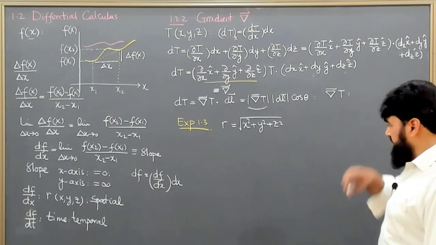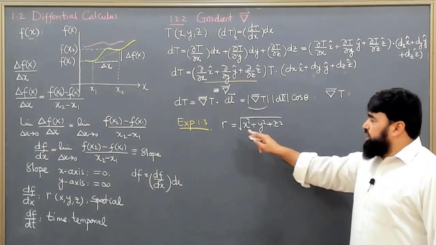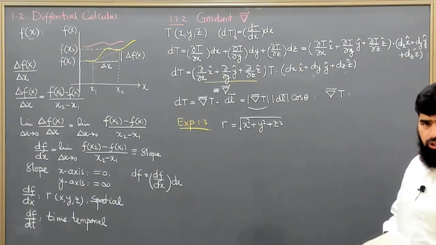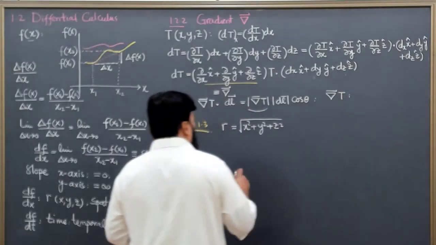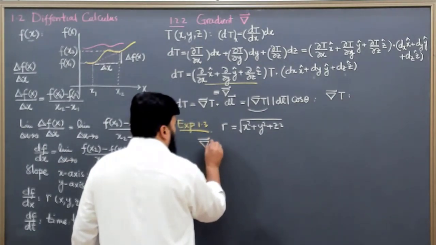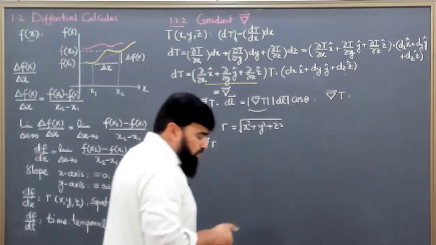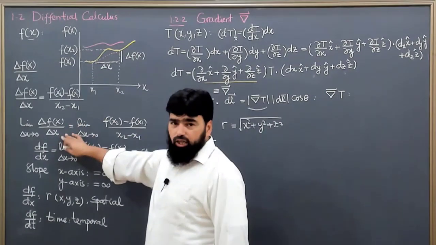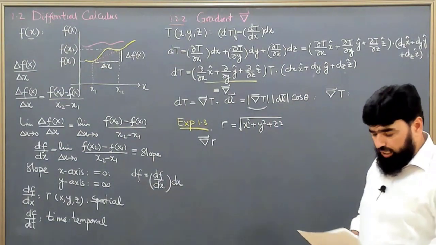If I find the derivative of this one only, then it will be just the change along x, y, and z, and no direction will be involved. But if I find the gradient of this, then it will give us a vector result. The gradient will always be of a scalar function, not of a vector, because for the vector we will take the ordinary derivative, since a vector presumes the direction with it already.